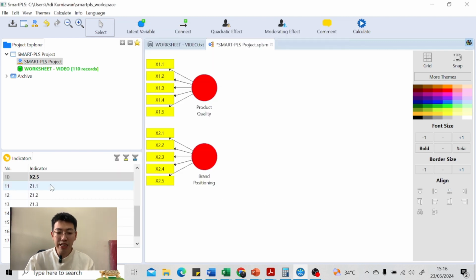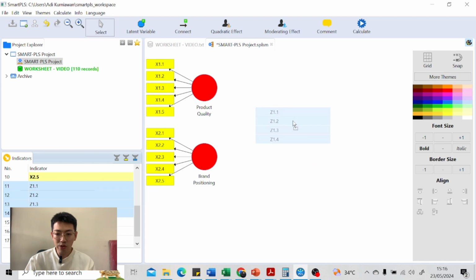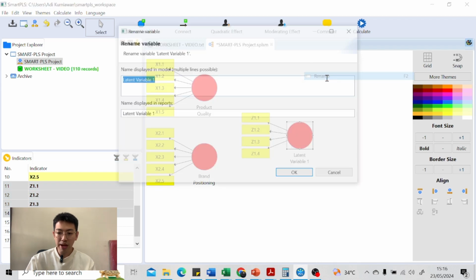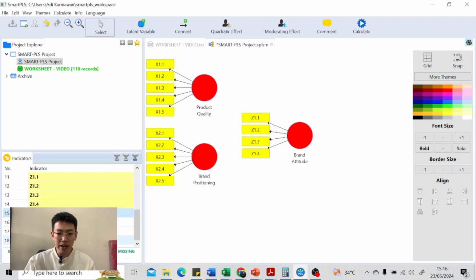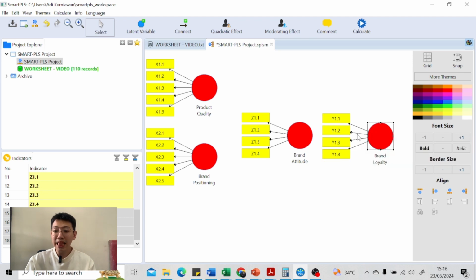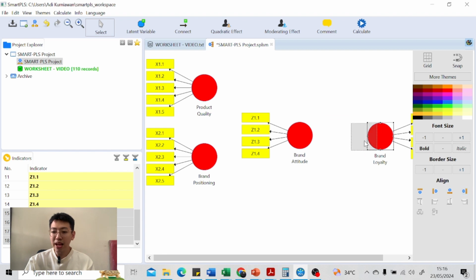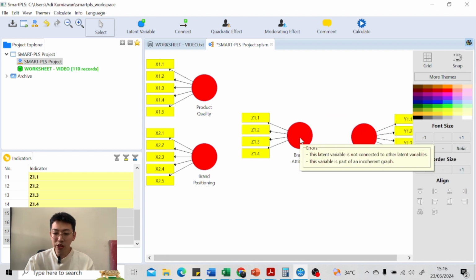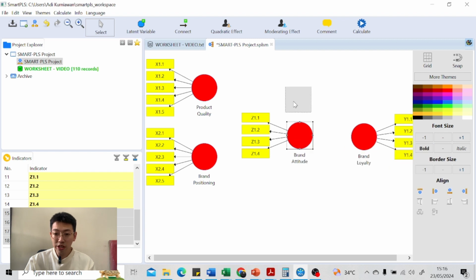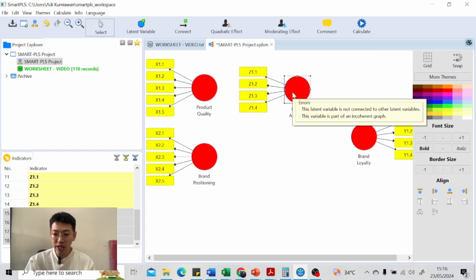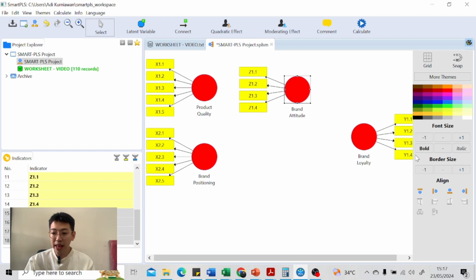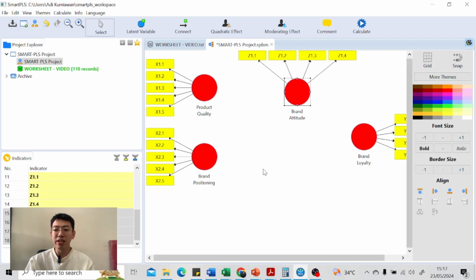And then the mediating variable, it is brand attitude. I can put it here. Rename as well, brand attitude. And the last one is brand loyalty. By the way guys, you can align the indicator location. For example, for brand loyalty, you want to align right for the indicator. Just click this, then it will be aligned right. For brand attitude, it's okay if you don't want to put it here. For example, you put here to make it easier to see and then make the indicator stop aligned. Just click this, then done.